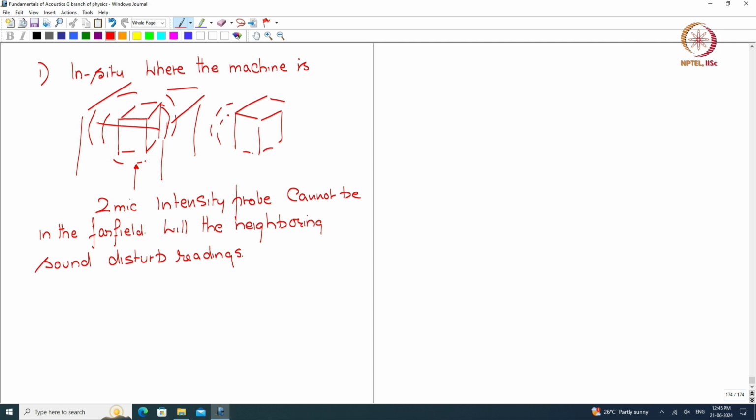No, it won't disturb the reading. The reason is that if there is no other transient event happening during the measurement,